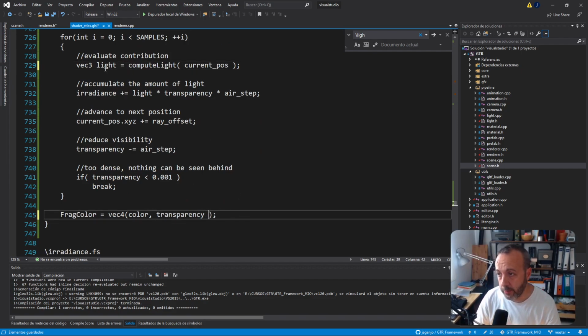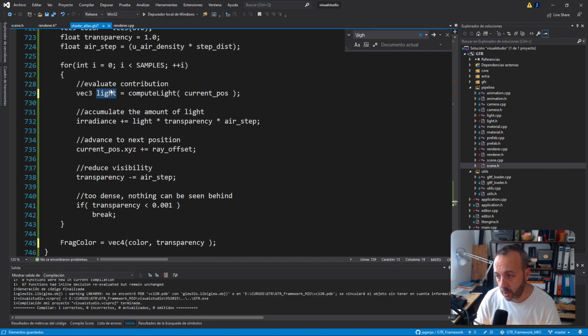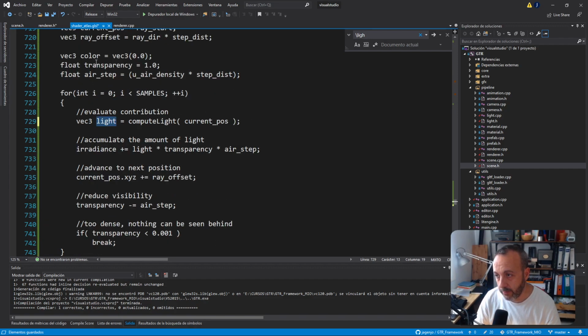And also, sorry, I forgot. I put here the light, and I have to apply here this irradiance. So we have the amount of light on that pixel is 0, but we're going to add this irradiance multiplied by the amount of visible that is still left, and by the air step, because it doesn't shine as much. I mean, the less density, the less the particles shine. And I keep adding,